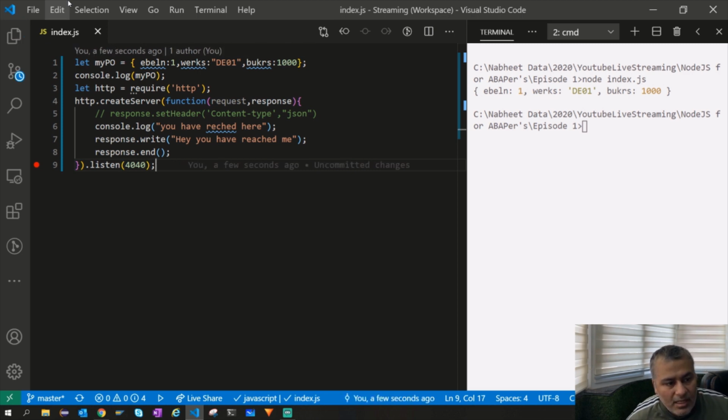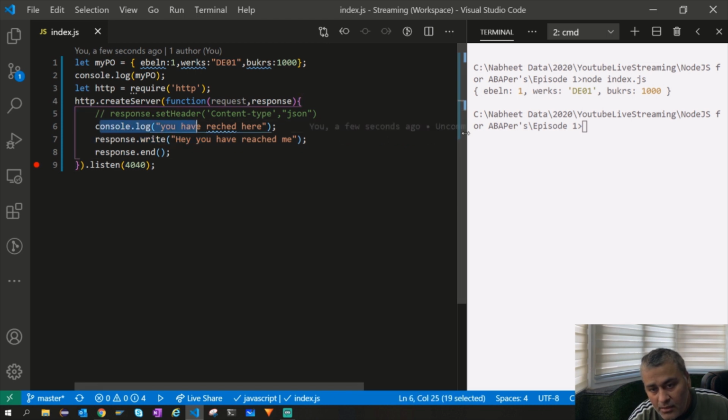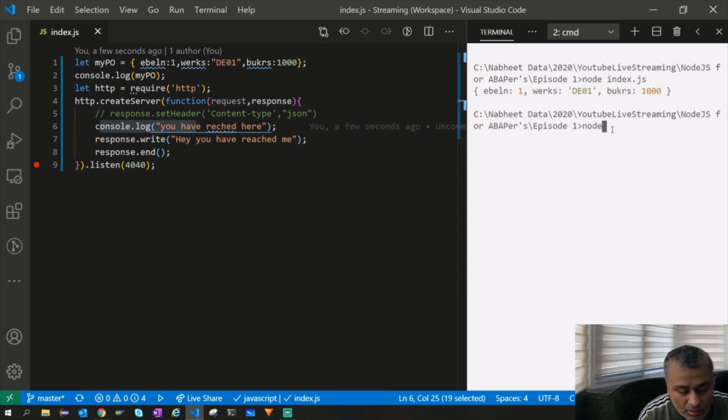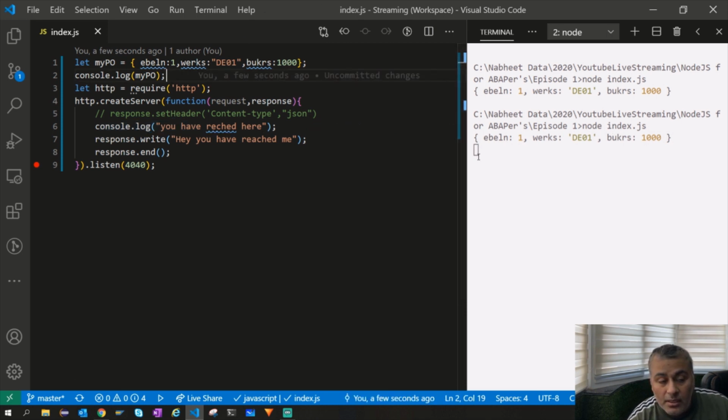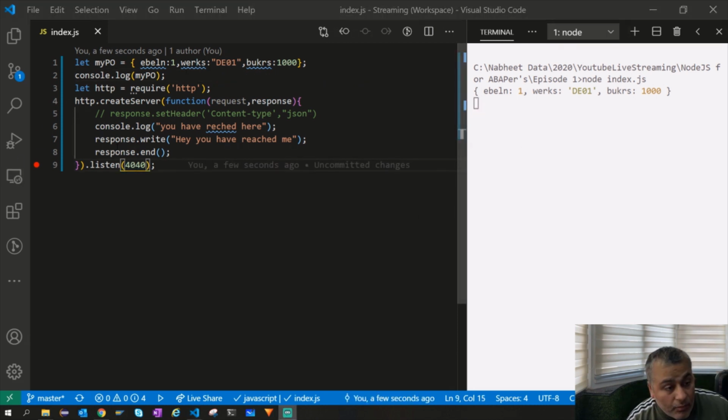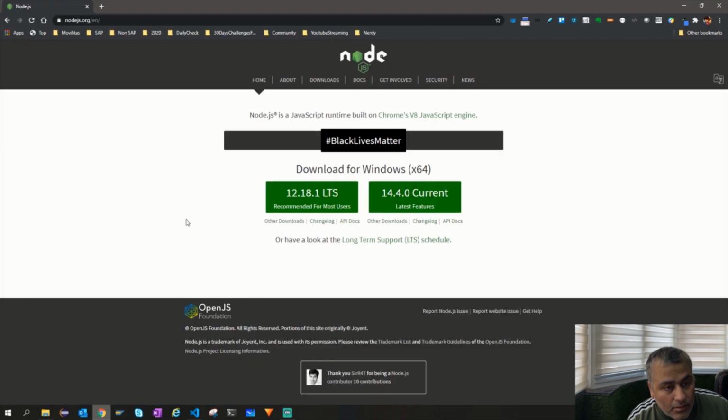Now what I expect is that there is a server, somehow it will run, I will access it, it will give me this response, and I can see this in the log. So let's run it: node index.js. I will also tell you how to go around this, since each time I don't want to run node index.js. We'll see how to stop that, so it automatically reloads like a live server. So I say node index.js, it started by logging this, now it is listening. At what port? 4040.